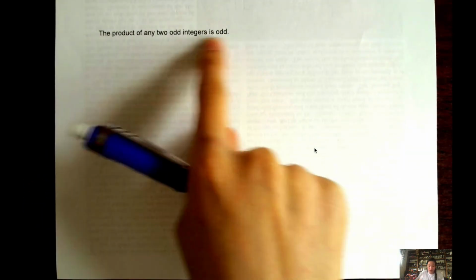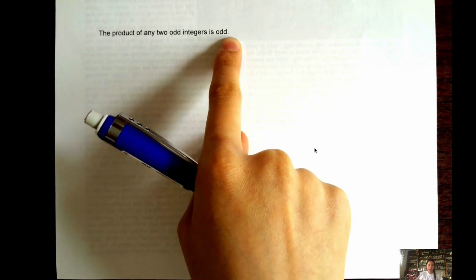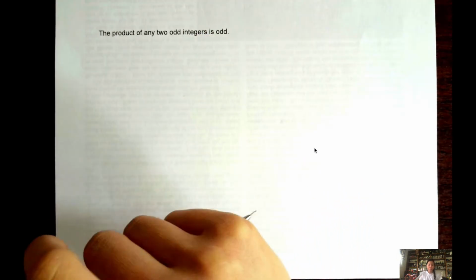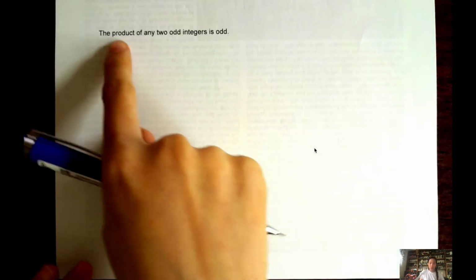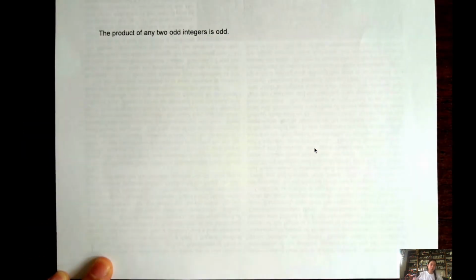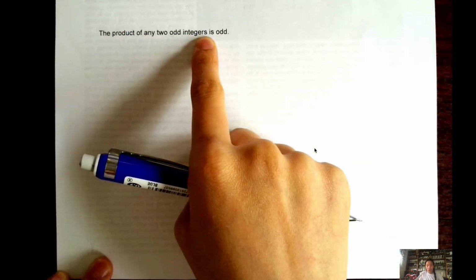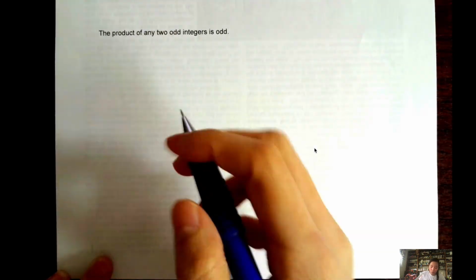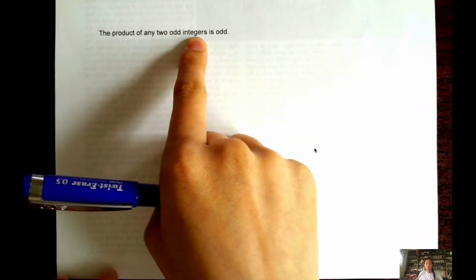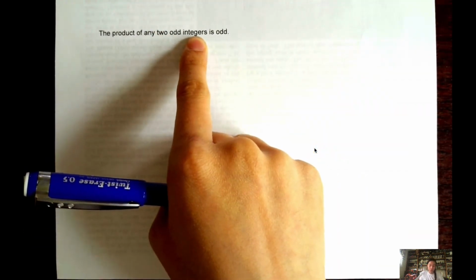Hey guys, in this video I'm going to show you how to write the proof for this statement right here using direct proof. So the first thing you want to do when you are writing a direct proof is turn the statement into its if-then form. So here it says the product of any two odd integers is odd. Well, since there are two odd integers, we're going to introduce two variables. We're going to say if m is an odd integer